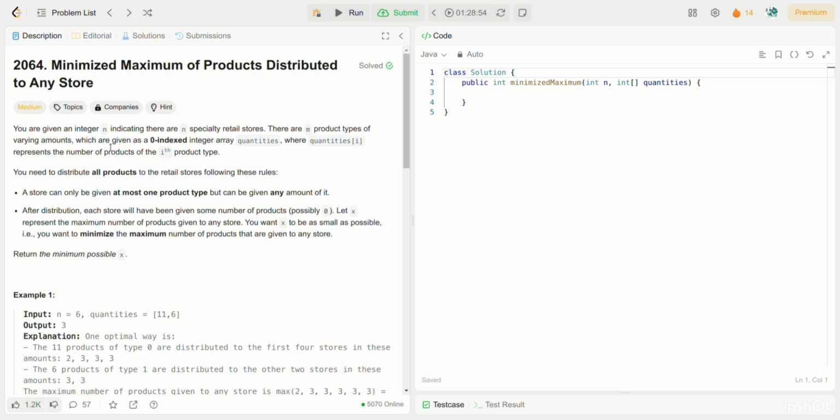Quantities of i represents the number of products of the ith product. We have been given a quantity array, so we have product 1 with 11 quantities, product 2 with 6 quantities. You need to distribute all the products to the retail stores